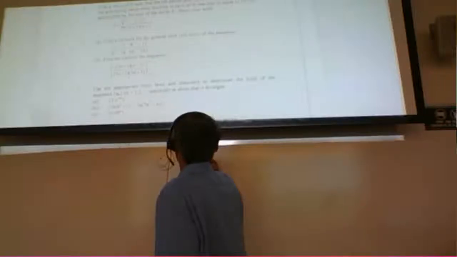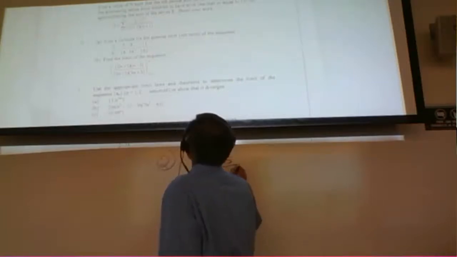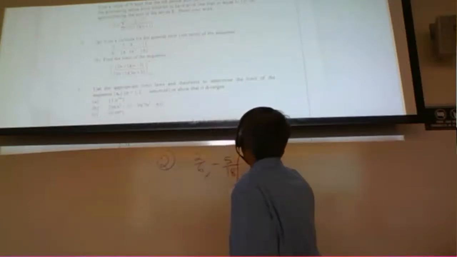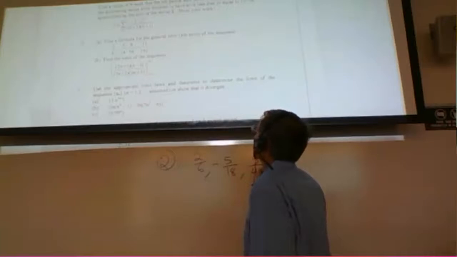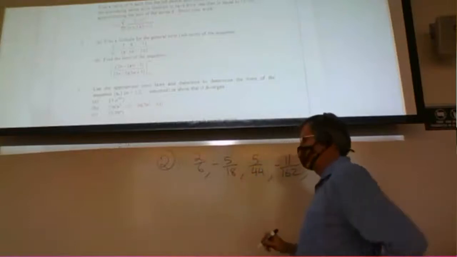Sometimes I'll start off with something like this in the test. 2 over 6 minus 5 over 18, 5 over 54, minus 11 over 162. I used to see these things in,